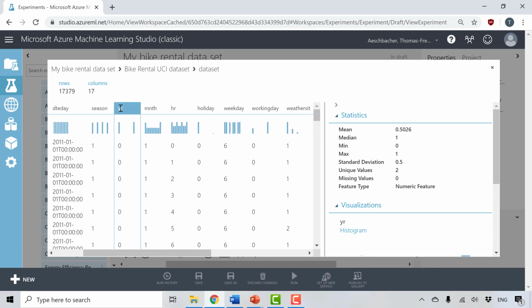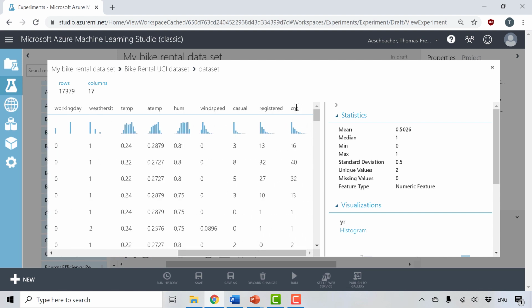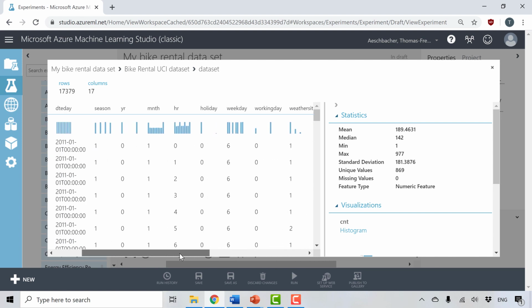So if we check the year variable, we have two entries, min 0, max 1. So 50% of the data is 0 or 1. This means that we have observations from 2 years. This is quite convenient because we can use this as a natural training and testing data sample, where we first train our model in the first year, so year 0, and then test the model in the year after that, so in year equals 1. So to sum it up, the Y variable is our count variable,